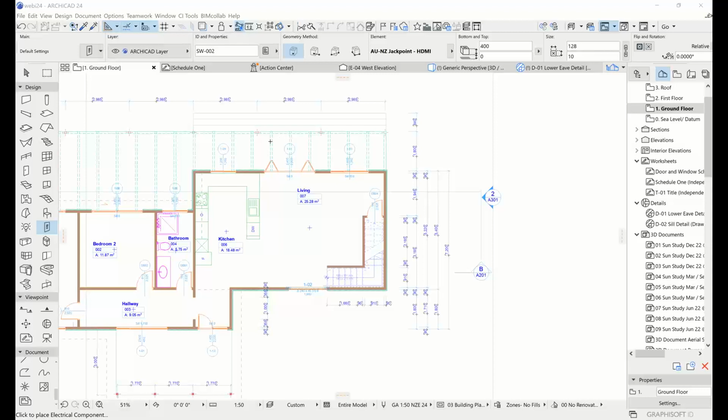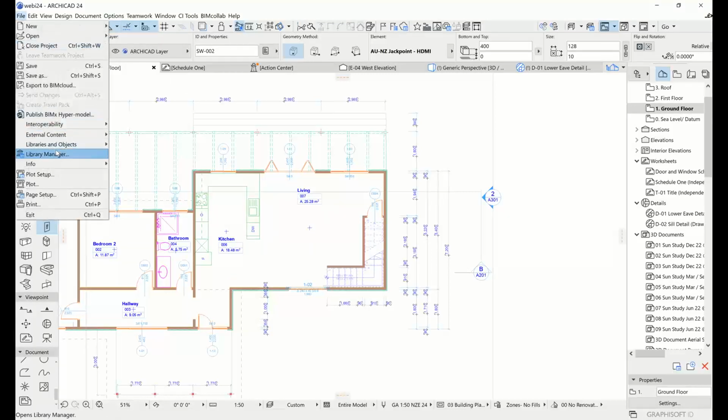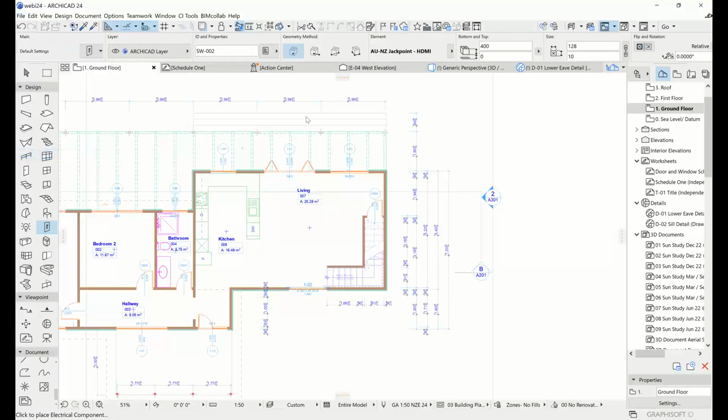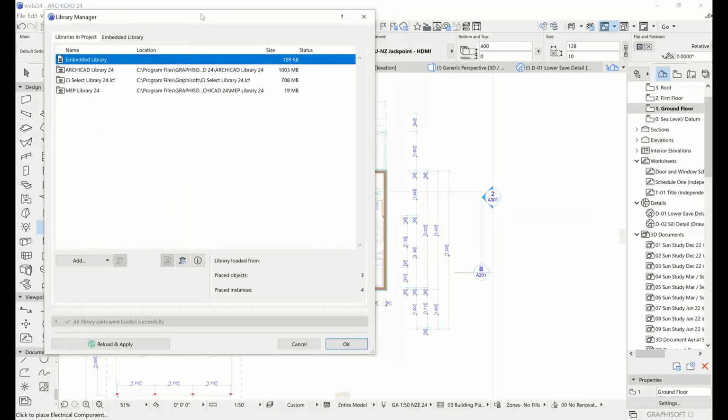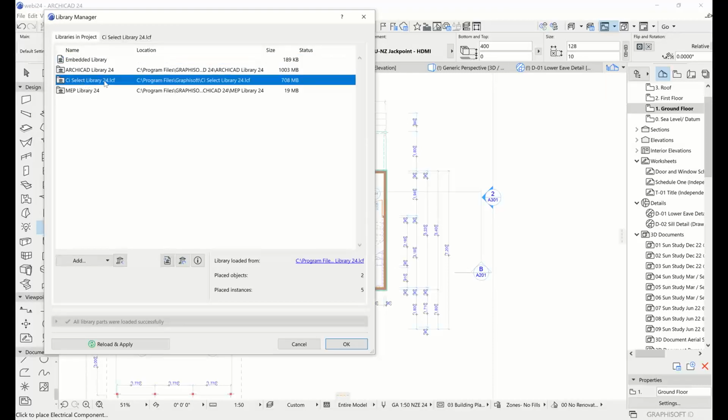Yes, so it is available to all Select members. If you're an ArchiCAD Select member in New Zealand and Australia, you'll need to download the CI Select library. It used to be called the Essentials library, and it's called that for ArchiCAD 23, but in 24 it's called the CI Select library, and you can download that from MyCI. I don't have my browser open at the moment, so I can't show it, but if you log into MyCI and go to your MySelect benefits page there,